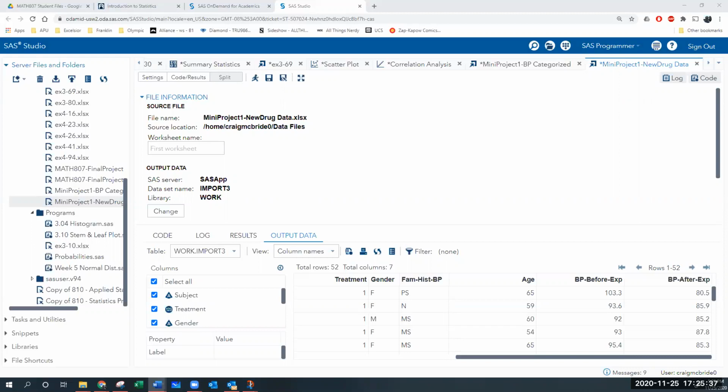It says at the very top of the mini project, the purpose of this project is to assess your abilities to summarize data numerically and graphically using SAS, which we no longer require. You can use whatever technology you want, to interpret these summaries within the context, and to present the results as a written report or oral presentation. So interpret these summaries within the context. That's kind of important. So you're not just spitting out an answer, you're then discussing it just a little bit, right? We're not looking for lengthy prose.